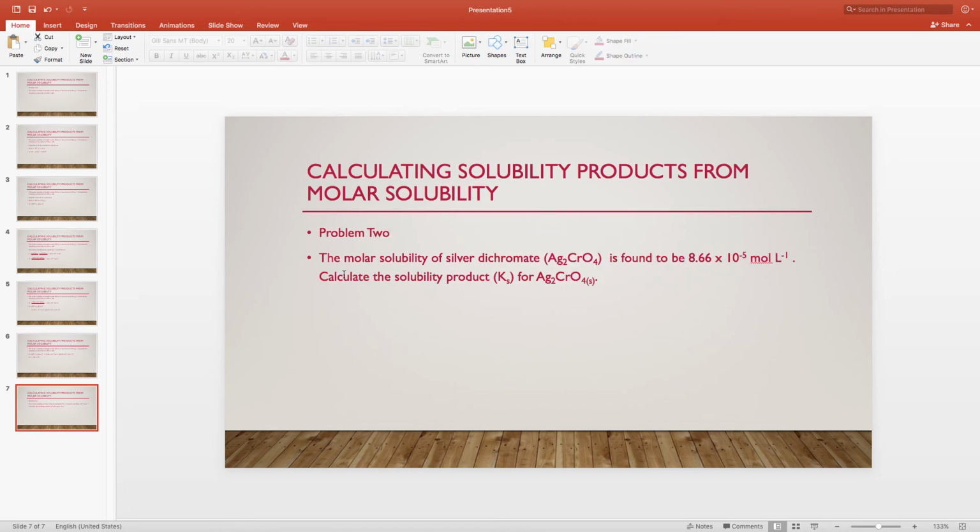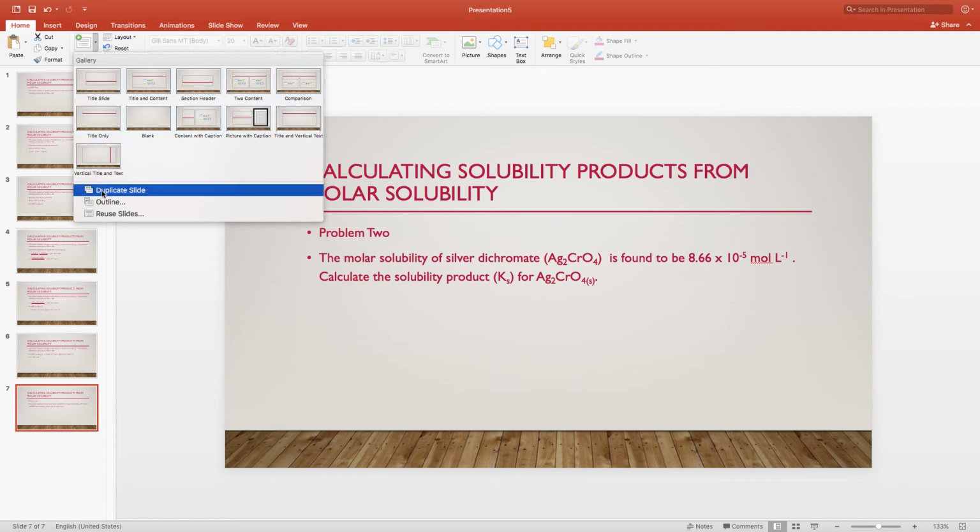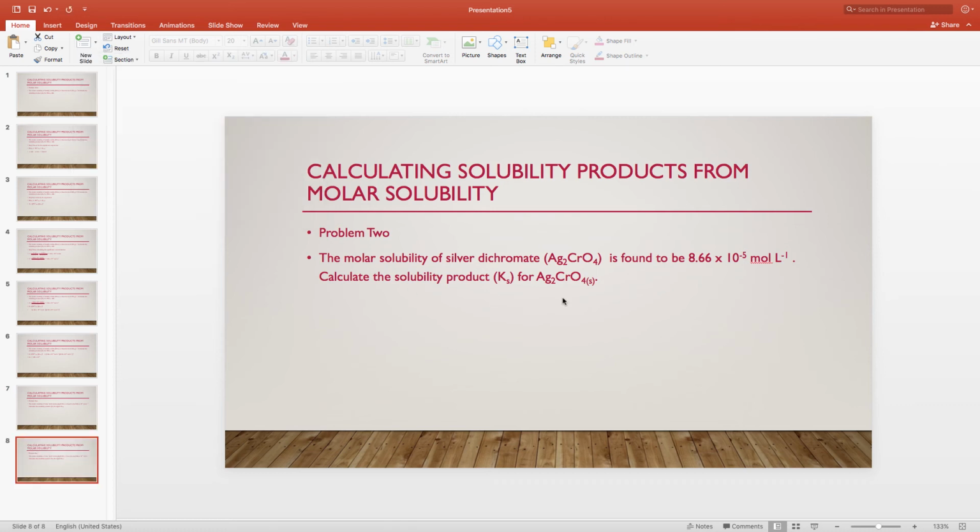The next problem is the molar solubility of silver dichromate is given as this. Calculate the Ks for it, or the solubility product. So let's do this a little bit more quickly. We'll try and do all the steps just following on from each other. So the first step, step 1, is to write the equilibrium expression. So when silver dichromate dissolves,